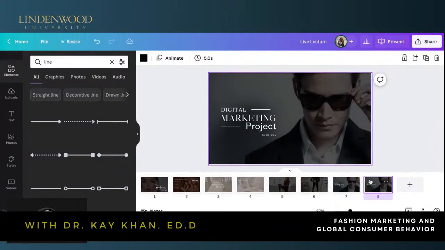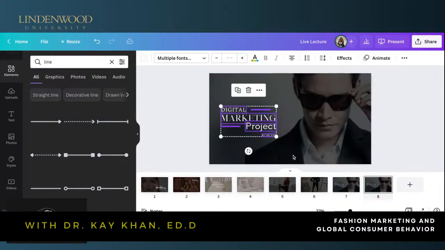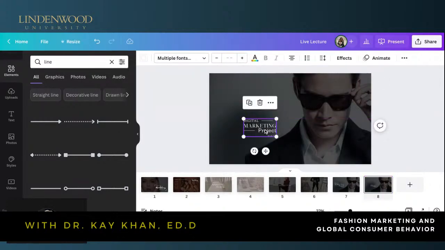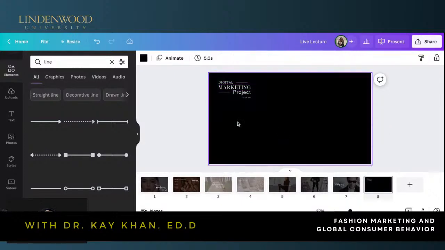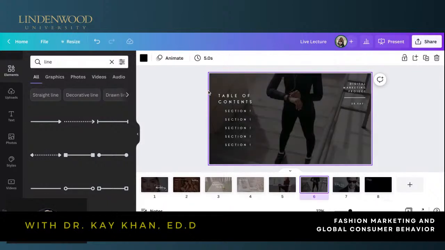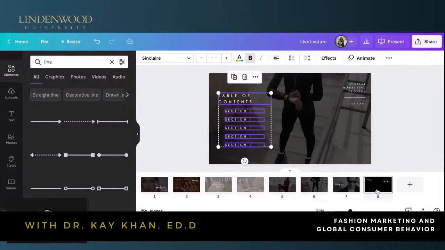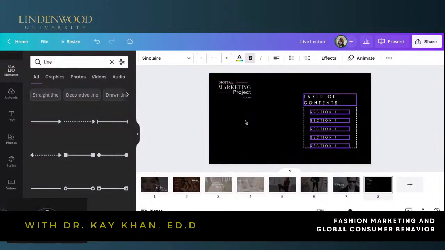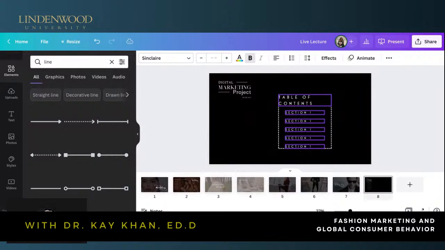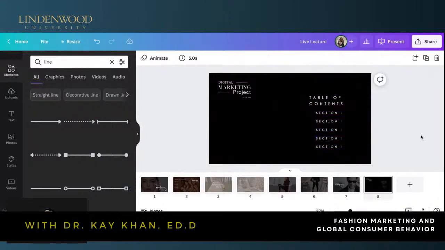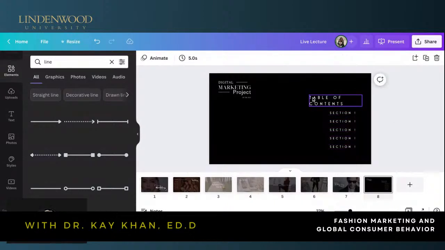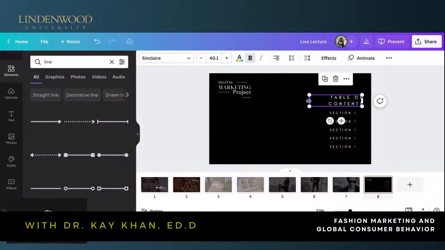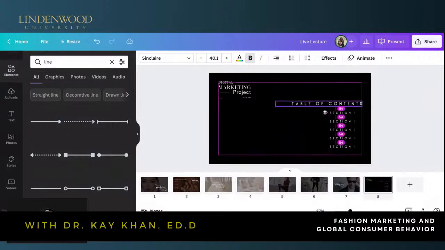Okay, so I'm going to duplicate, and then I'm going to go ahead and group this all together. And I'm going to take this and place this on this side. And you don't have to have your table of contents all on that same side. So I'm just going to copy this because I don't feel like typing it again. I'm going to place the table of contents here instead. And then I'm going to take all this and shift it over to this side instead. Take this table of contents, shift it over like this.